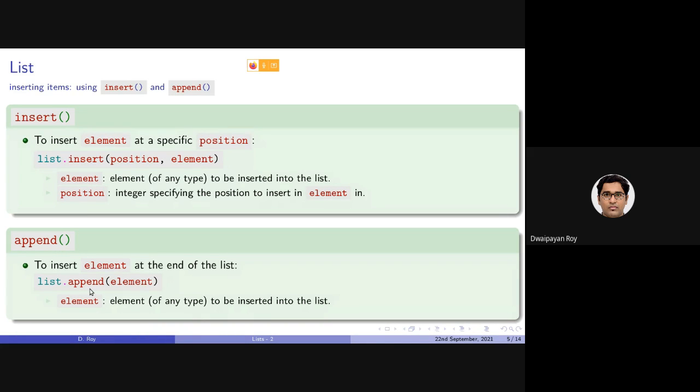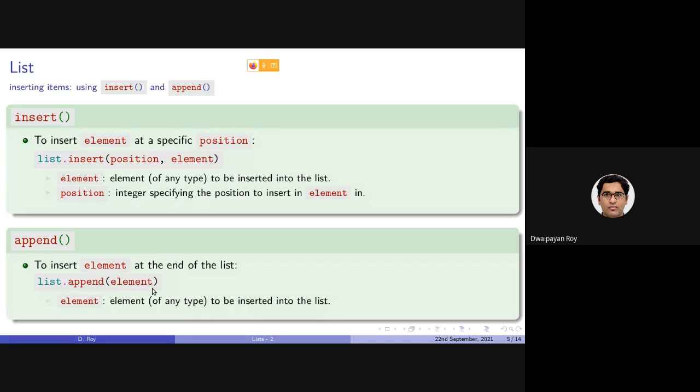As we can simply guess, the append function will take only one parameter, because the second parameter, like in insert, the position, is actually the last position, which is implicitly taken care of by the append function. So the append function will be adding an item, in this case this element, at the end of an existing list.